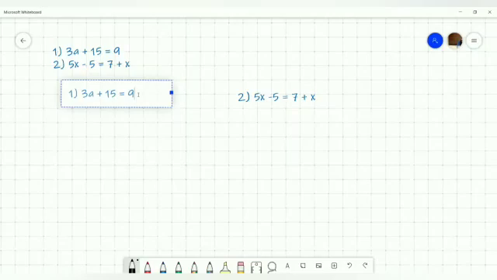As I said, whenever we are solving an equation, we have to undo whatever is done with the variables, and so we have to isolate the variable. In this equation, you can see 15 is added. So in order to undo this action, we have to subtract the 15, and 3 is multiplied with a, so we need to divide by 3.